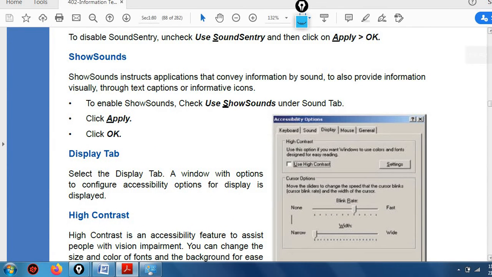In accessibility feature, under this display tab, you can change the blink rate, fast or slow, and you can change the width, right? Now I am going to show you this.